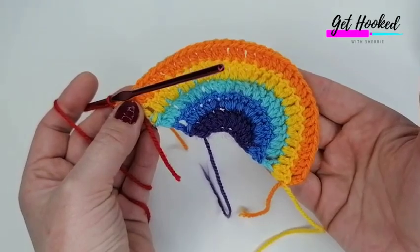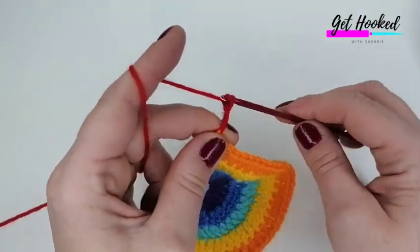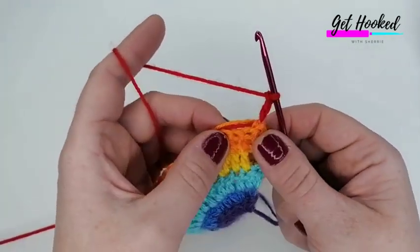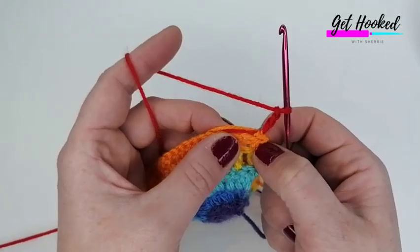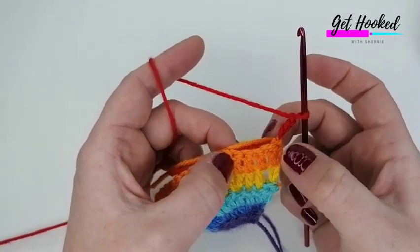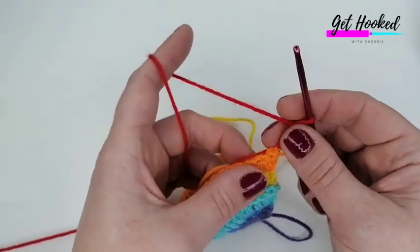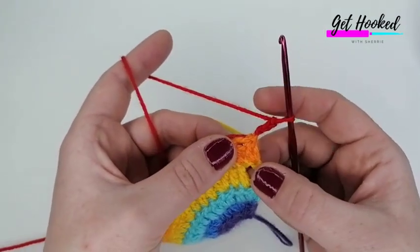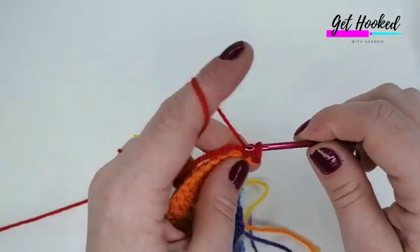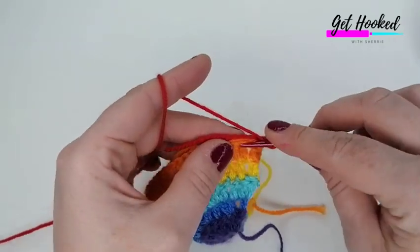Right, so I've just finished that round and attached my new colour, so I'm going to chain 3, turn my work, and I'm sure you know what's coming by now. So in this round we're going to do 5 lots of 1 treble crochet into the next 5 stitches, and then an increase. This is classed now as our very first one, so we're going into the next, and that classes as 2 trebles, 1, 2,